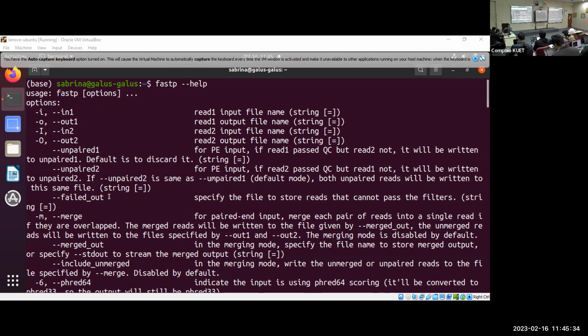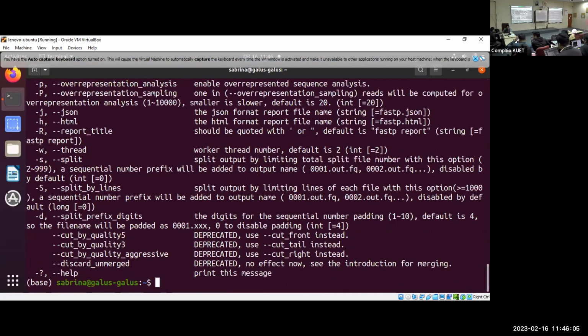Also, if we want to customize the adapter sequence, right? So someone was asking that if we want to provide an adapter sequence that we want to omit, we want to remove it from our sequences, we can do that also. So for that, you can see here lots of parameters we can use, but for the adapter part, you can see that